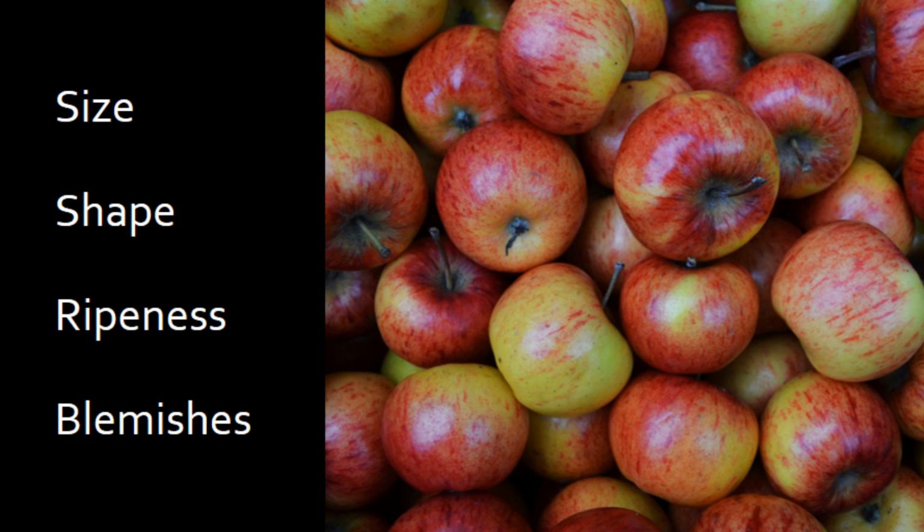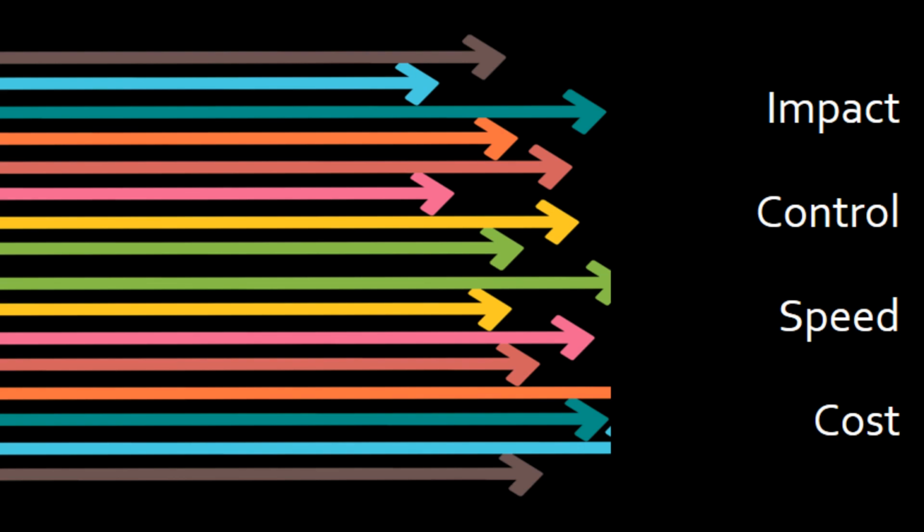And maybe there's going to be some standards around size, shape, how ripe are they? Are there any big ugly spots on them or not? So when you're doing multiple voting with a group and you're working with ideas, you need the same kind of criteria. So all these ideas come flying at you and you're saying to the group, okay, group, I don't want you